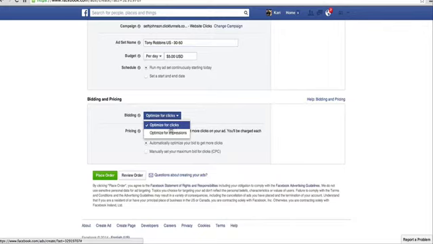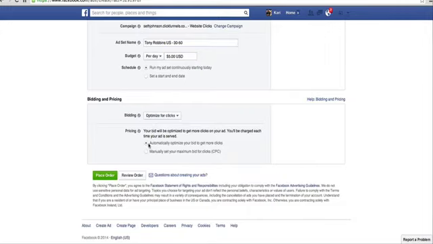You can either optimize for clicks or optimize for impressions. Again, it's up to you. I have success with both of them. But if you're starting out, I would just go with optimize for clicks. And now it asks you